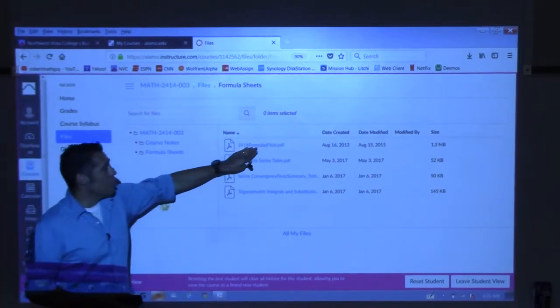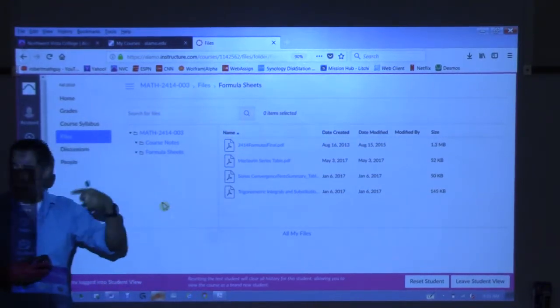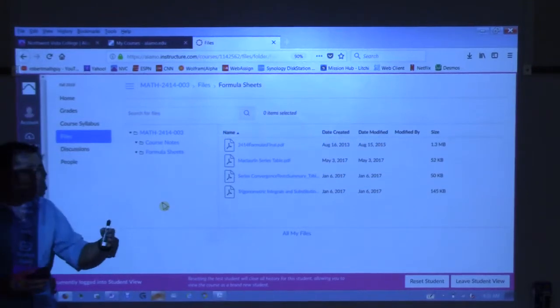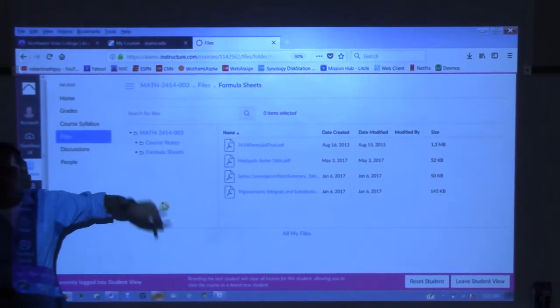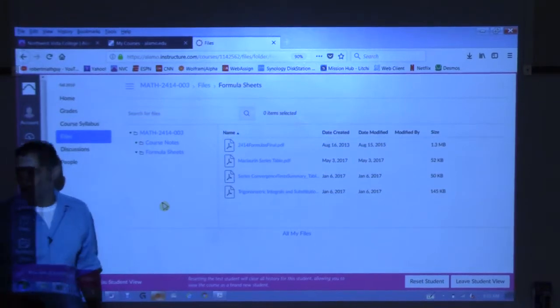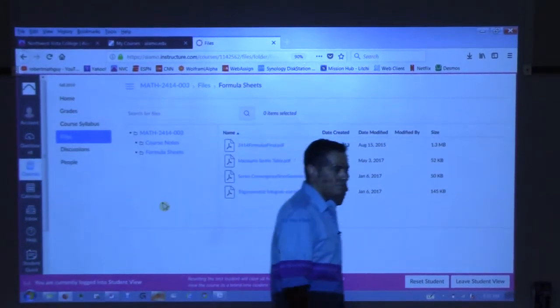So I would recommend that you go print this out, take a look at it, see what's there, what's not there. The things that are not there, like it does not have a big drawn unit circle. It doesn't have it. So you have to be comfortable with the unit circle. We good?